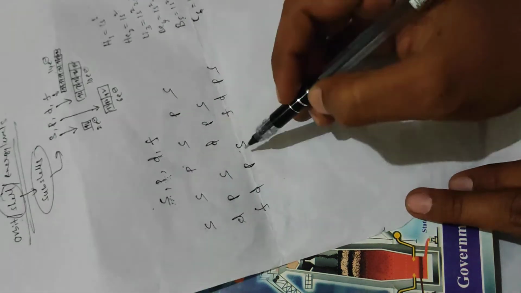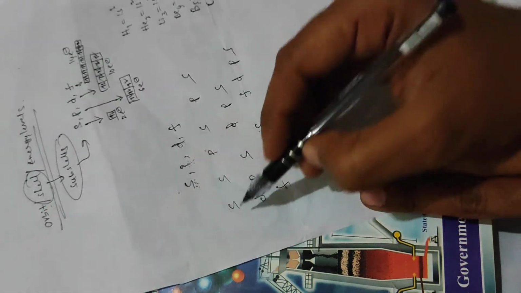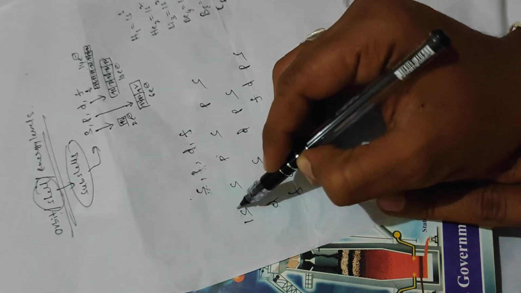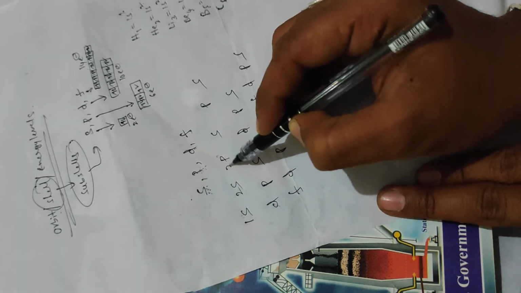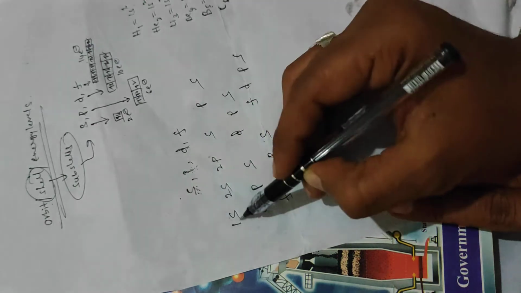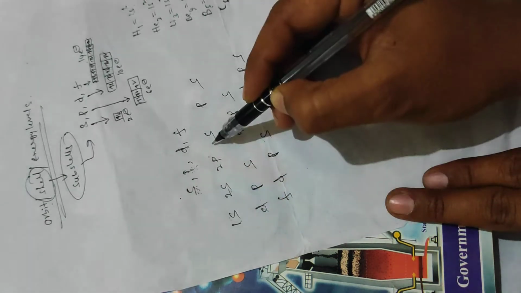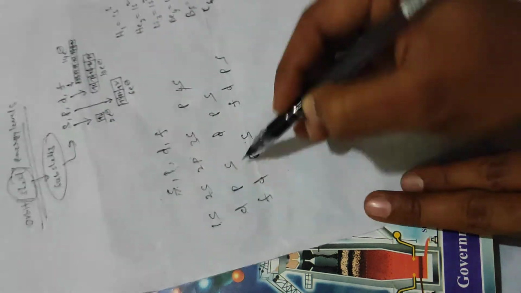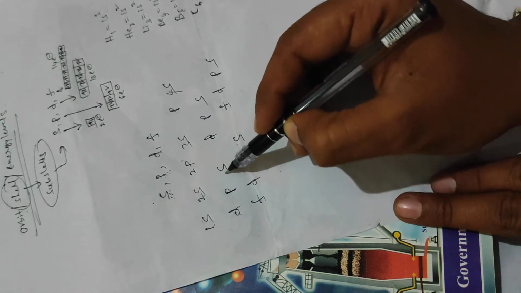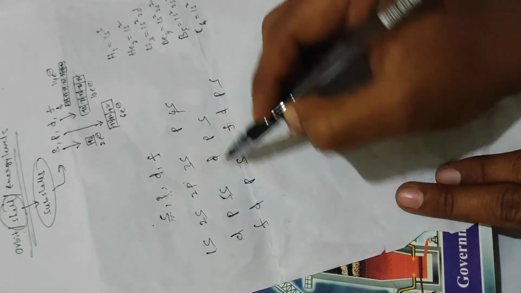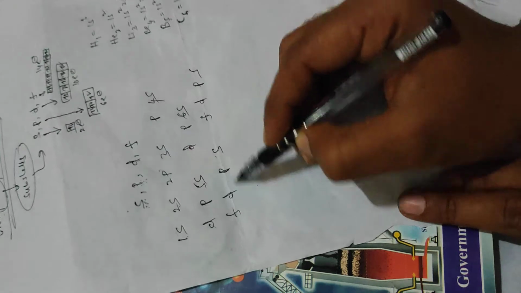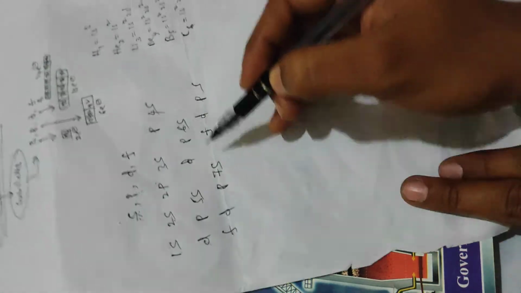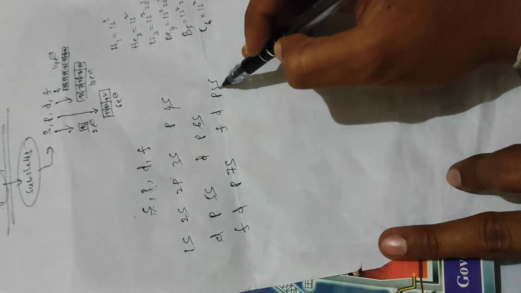Okay, this is the general simple electronic configuration by using a trick. Here 1s, 2s, 2p. After 1s, 2s, after that this is 3s, this is 4s, another s is here, 5s, next s is here, that is 6s. Next s is here, this is 7s, next s is here, that is 8s.